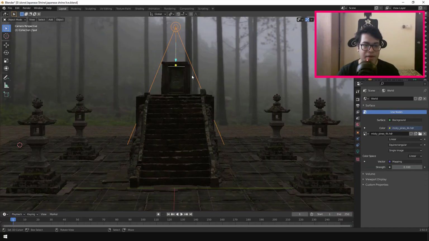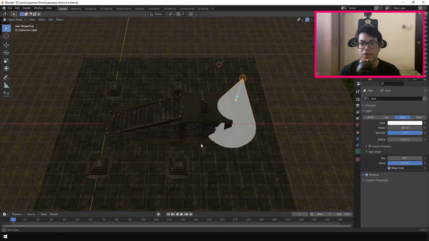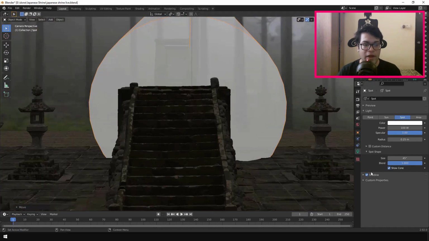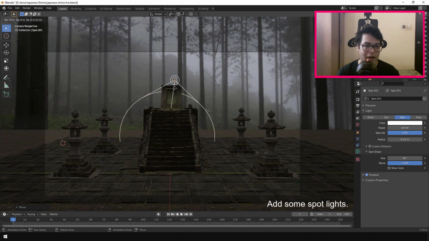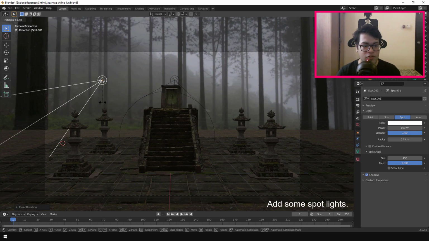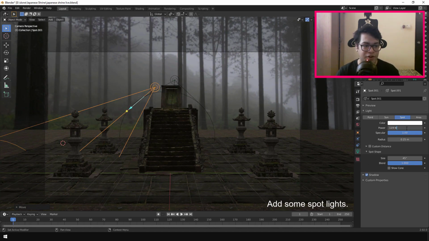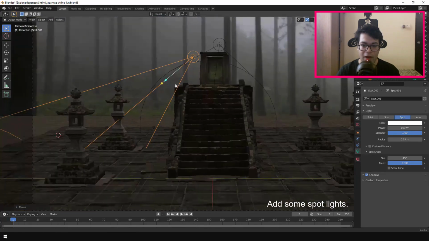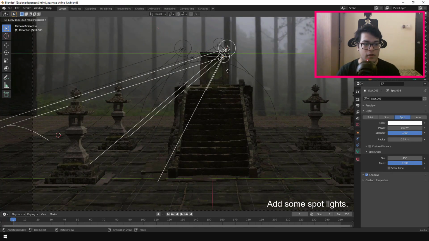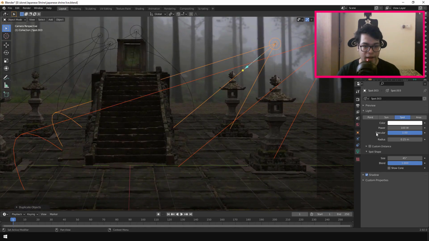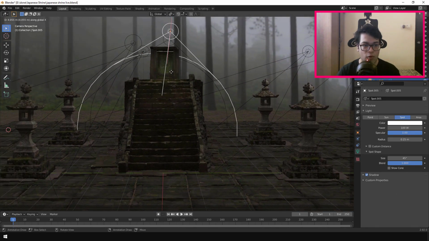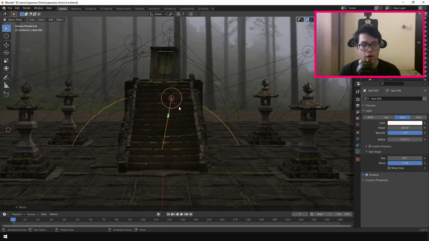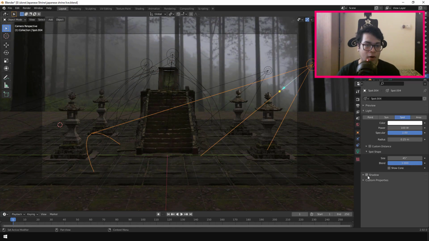Now our basic ambient lighting is done, so it's time to add some direct lights. For some direct lighting and some highlights, I'm going to add some soft spot lamps. These are just spotlights with a very low intensity, and they have a blend value of 1. This will give you some subtle highlights. I'm just highlighting these objects which are going to be in focus. And make sure that you turn off shadow for all of these spotlights.